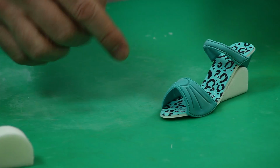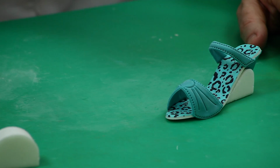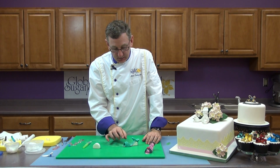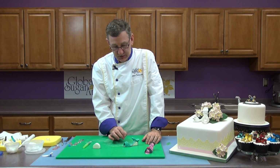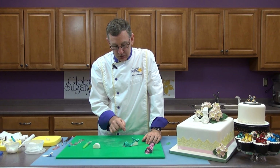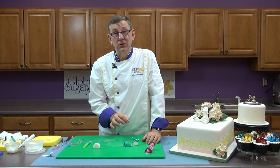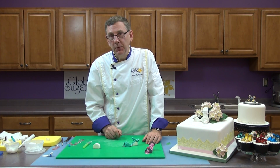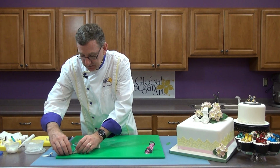Now you'll see a little bit of cornstarch that's left on the paste. When we let this dry a little bit, I'm going to brush these parts that I just added with a little bit of teal or turquoise luster dust. And I'm going to show you a little trick so that you don't get the sole of the shoe dusted, or you don't get it dirty. But we're going to let this dry just a little bit, and we're going to put the little miniature shoe together. So I'm just going to set this aside